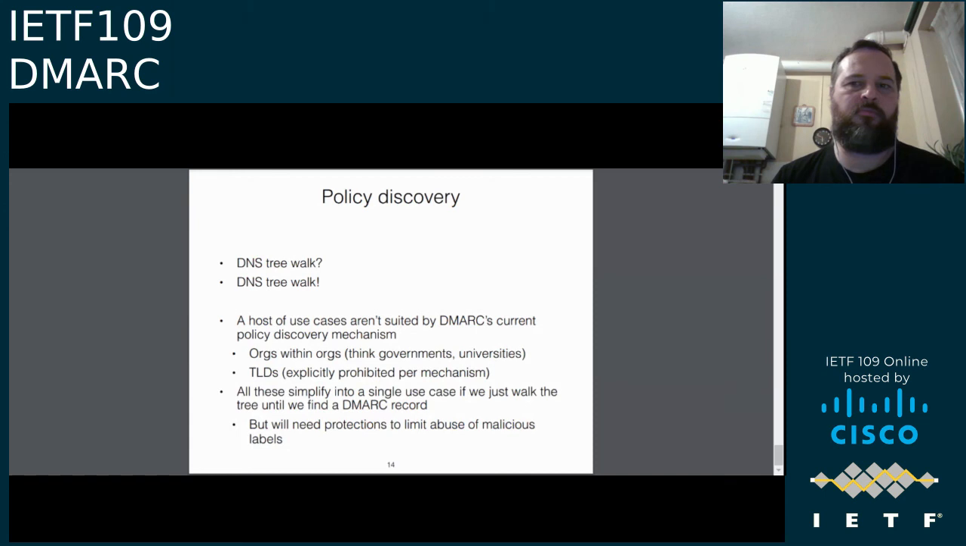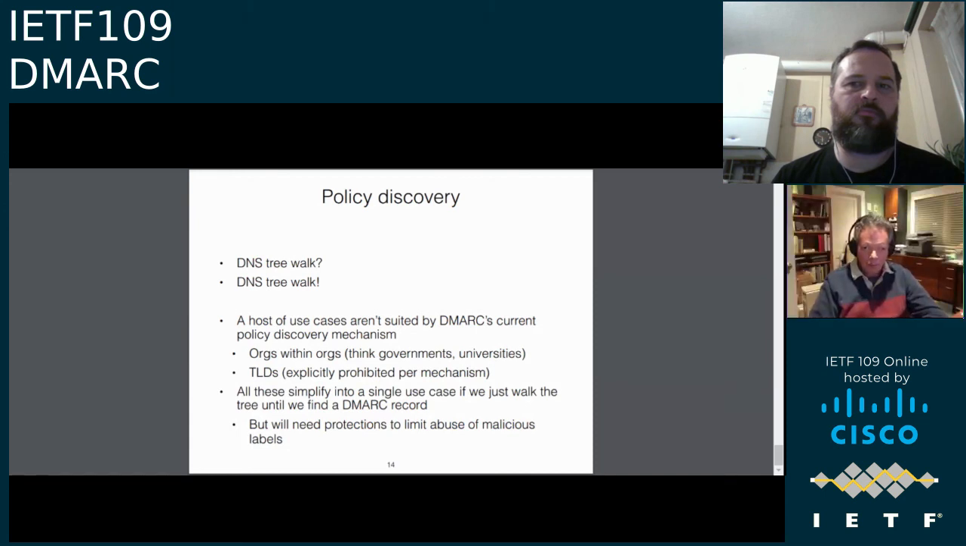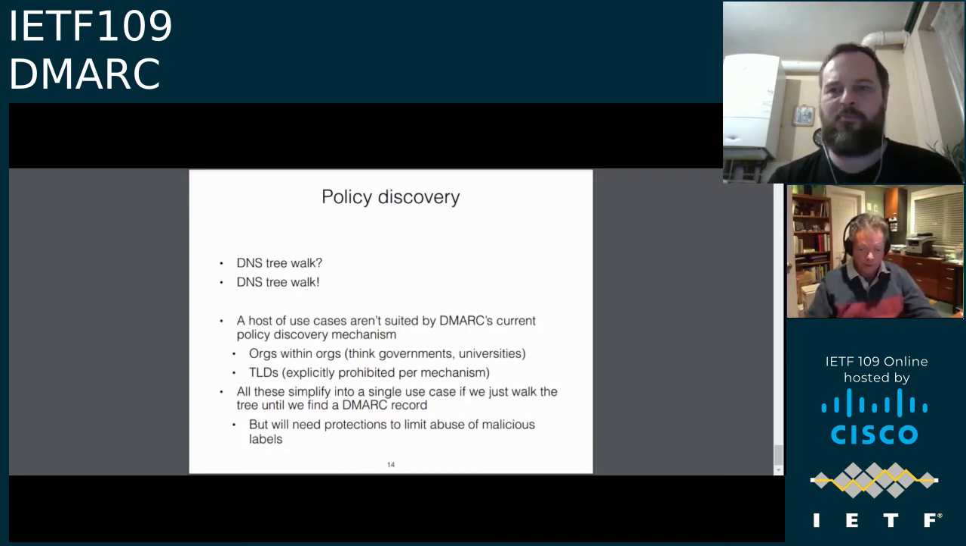Hi. So I have to say that I'm rather amused by the idea of doing a tree walk here, because we discussed it extensively when we were doing ADSP, and it was just like, well, no, you can't possibly do a tree walk. It was considered really toxic at the time. And my recollection is that the objections to it didn't come from the DNS folks. It came from the people that are in this meeting. Anyhow,